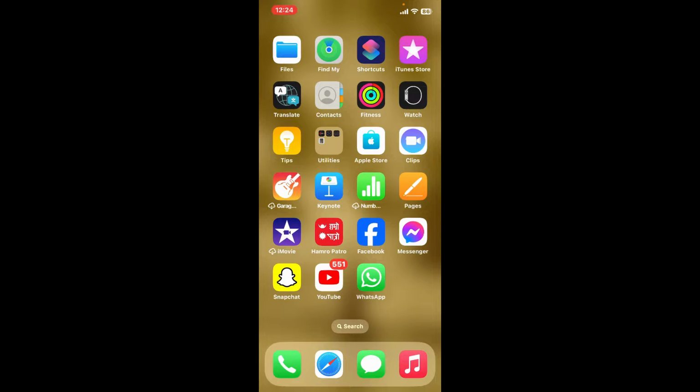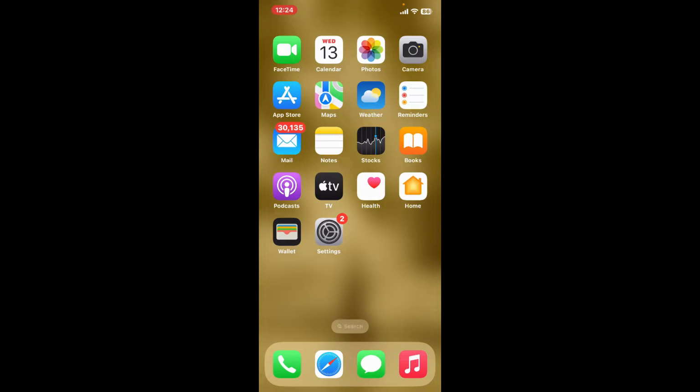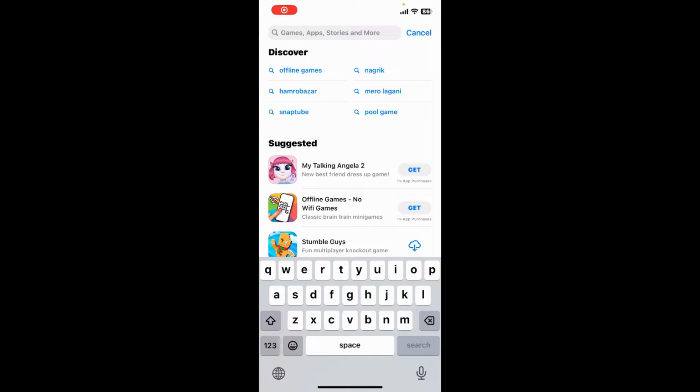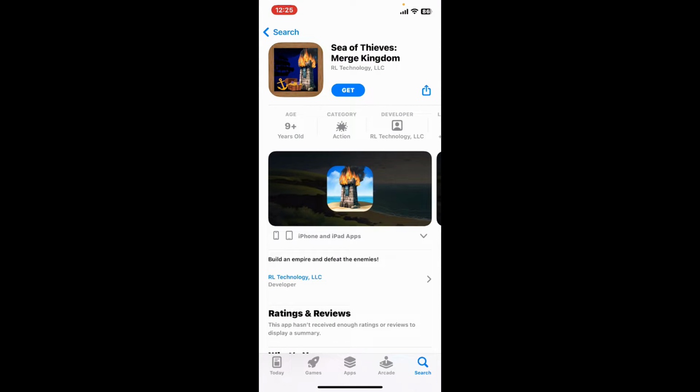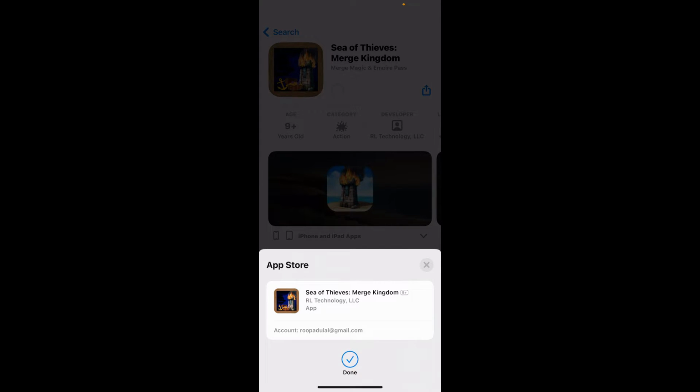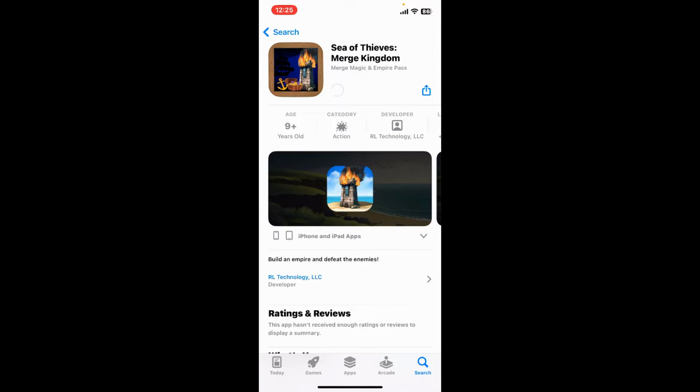First of all, open your App Store from your iOS device. And then go to the search box and type in Sea of Thieves and search. Look for this application from RL Technology and then tap on the Get button to begin downloading the app. Go ahead and sign in with your Apple ID or your Face ID and then wait for the application to